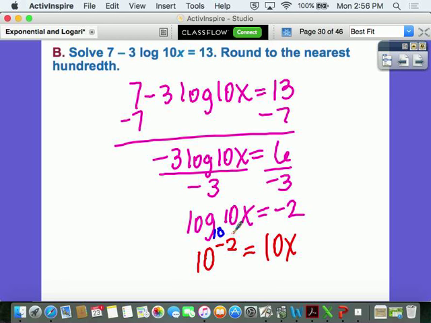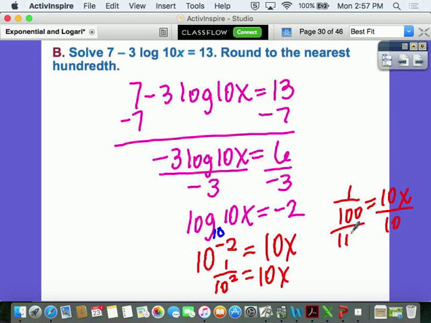And then we just solve this. Before we do, we can't have negative exponents, so we gotta make it happy: 1 over 10 squared. What's 10 squared? So this is 1 over 100 equals 10x. How do I solve for x? How do I divide a fraction within a fraction? Keep, change, flip. Keep, change, and when I flip that, it turns into